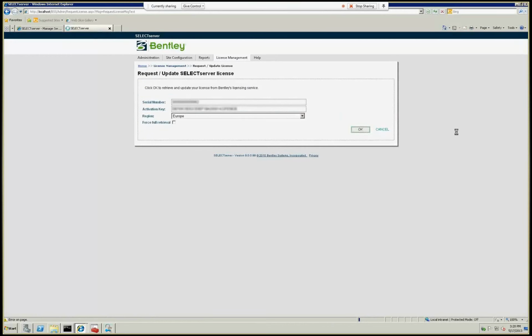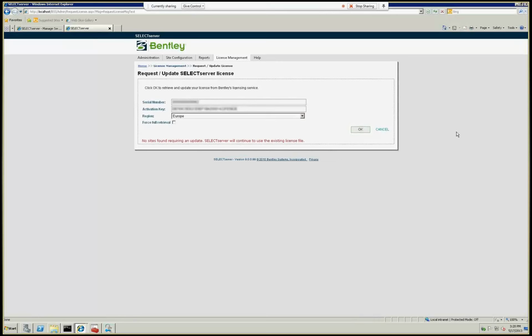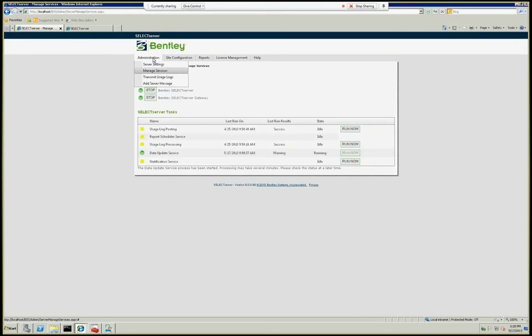Now the Bentley Select Server IIS application is running without any additional configuration. It's a default configuration, so it's running as local system. And local system has connectivity, which you can see now from this message. This means that the request update worked. It saw that Bentley doesn't have any changes in this Select Server license. So this shows us that the IIS application has internet connectivity, but if we go back here and refresh it, we can see that